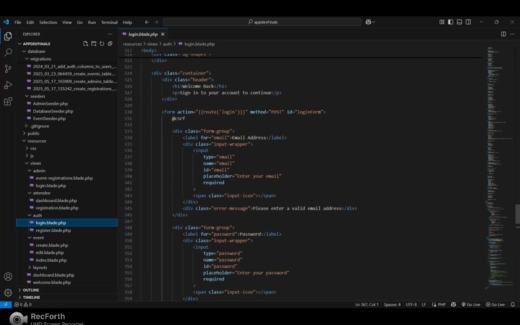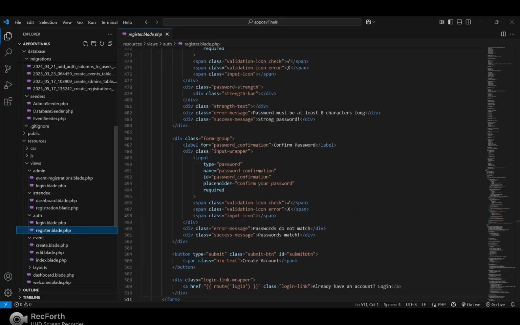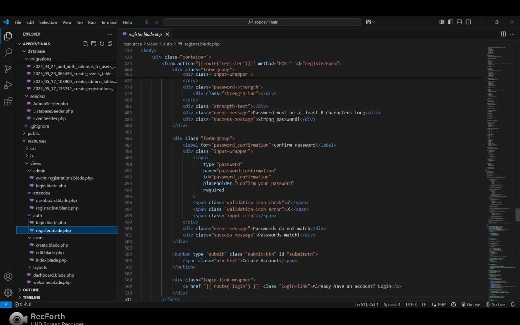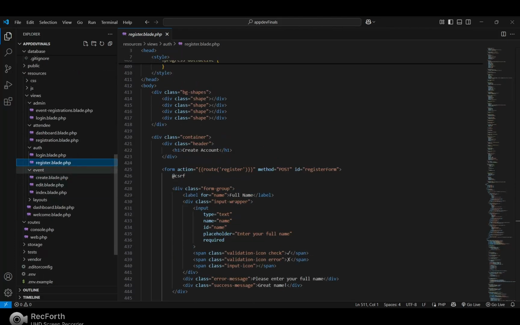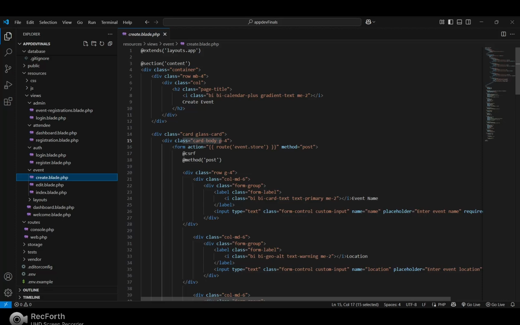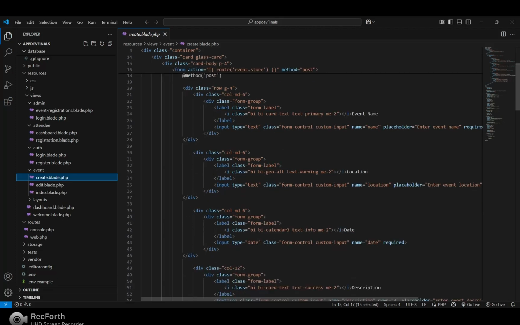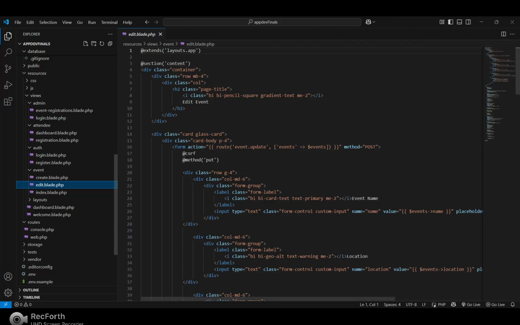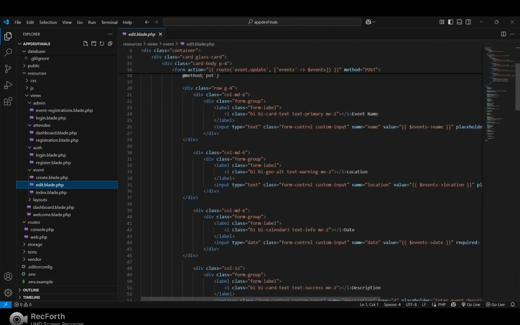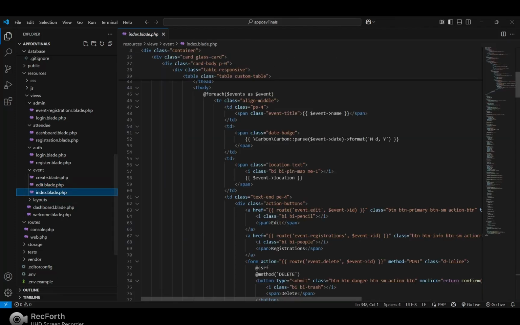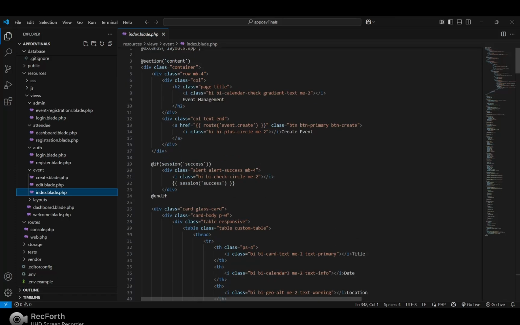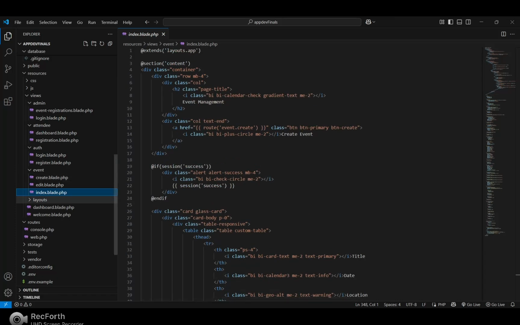Next is the auth login. This is also a form to log into your respective role, like normal user or admin. The register is where you create your account. Next is the event create, which shows you how to create the events. Next are the edit and index.